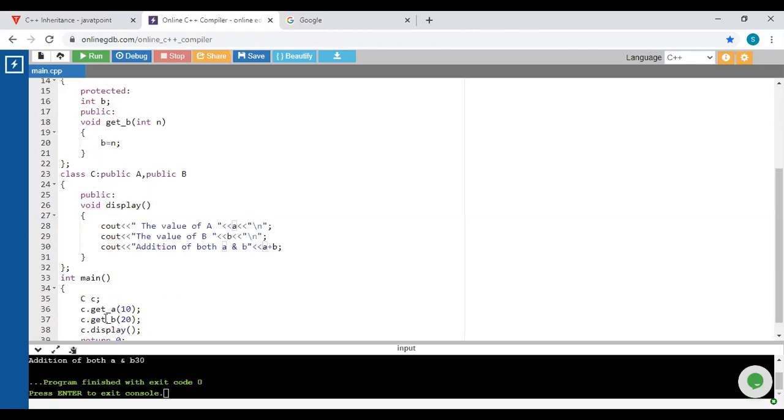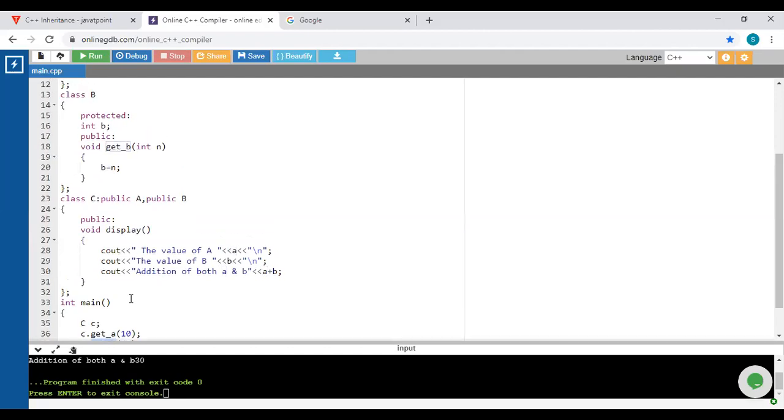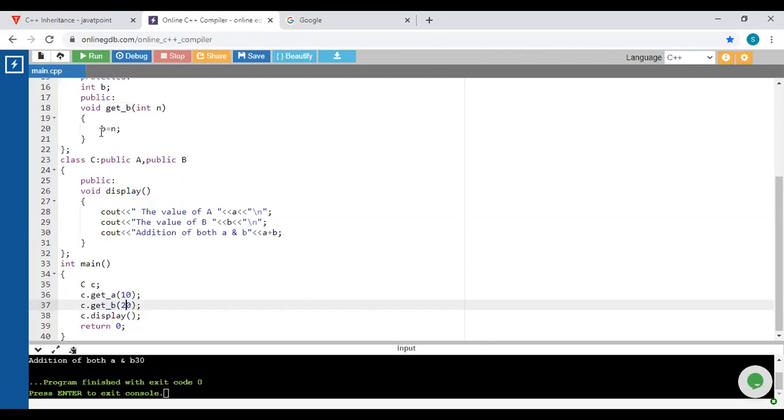Similarly, with the help of the C object, we call the get B function, which is available inside class B, and initialize this 20 value to the variable B. Finally, we call the display function, which is available inside class C itself, with the help of that C object, and it performs the addition of both the members. 10 plus 20 is 30.